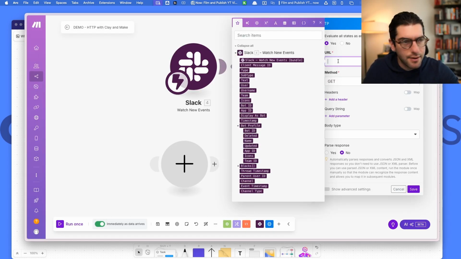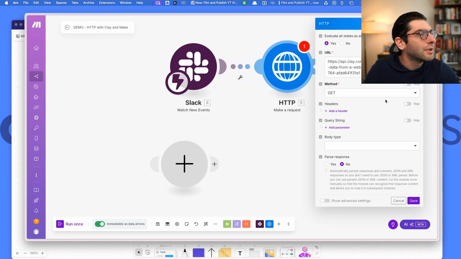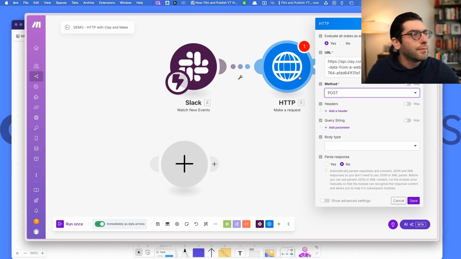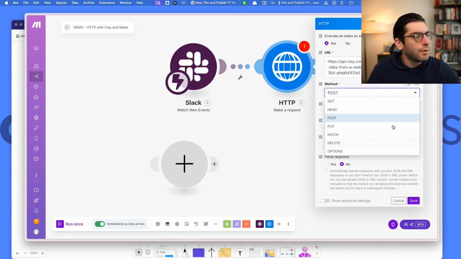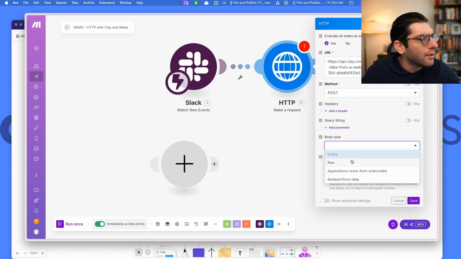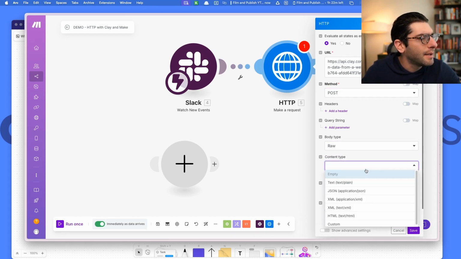You put this in here. That's the destination. We're going to post because we want to. So you'll use a lot of these, but oftentimes you're going to be using get or post. In this situation, we want to use post because we're posting the data to this next location. We're not getting data, we're posting it. So we click post. The body type is going to be raw. The content type is going to be